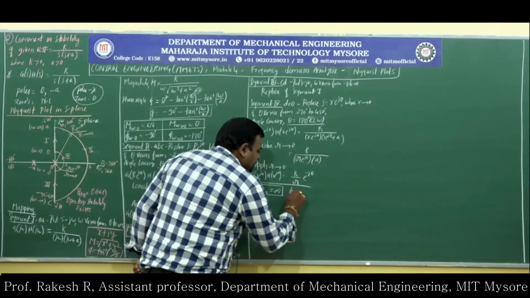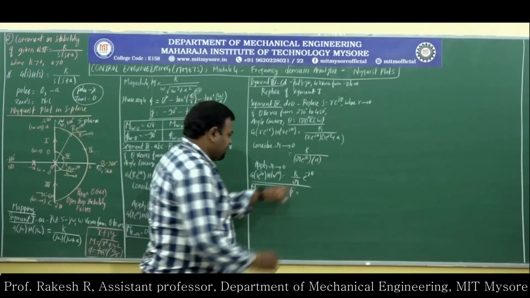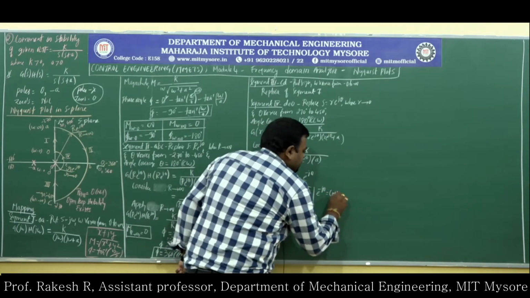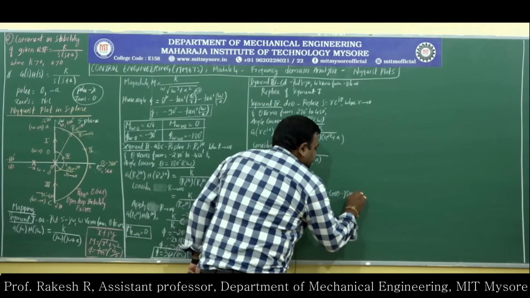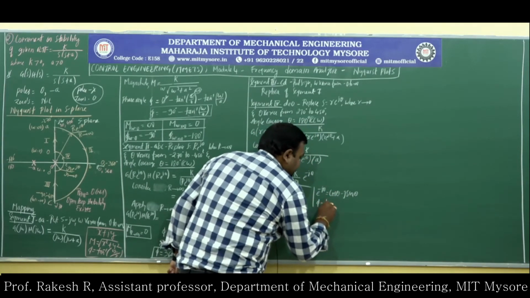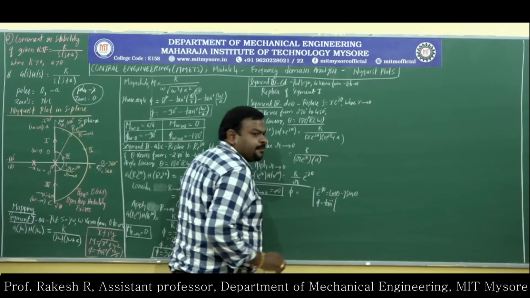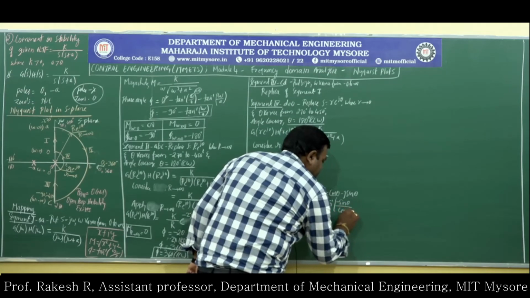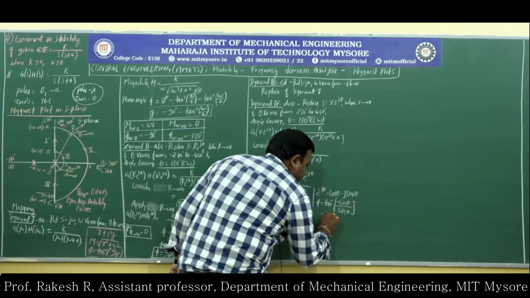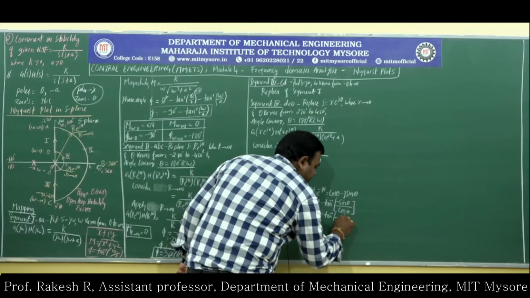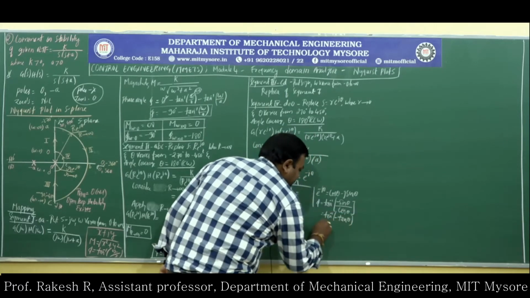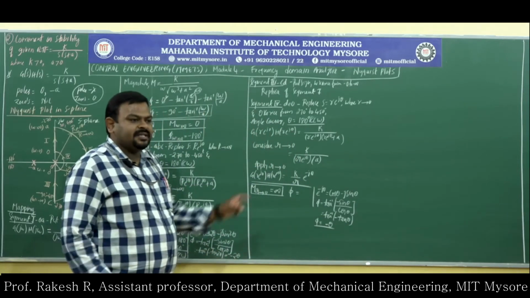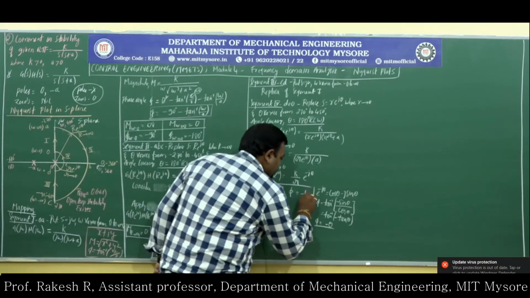And what is the phase angle? Again you got e to the power of minus j theta, that is cos theta minus j sin theta. What is the phase angle? Tan inverse of imaginary part over real part. Imaginary part is minus sin theta, real part is cos theta. So tan inverse of sin by cos is tan theta. Tan inverse tan cancels, so phi will be equal to minus theta. So same thing here, minus theta.